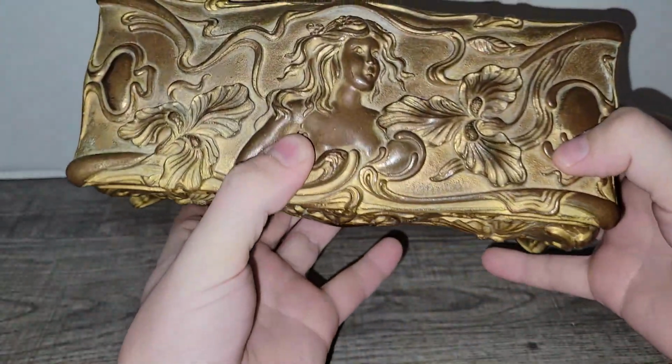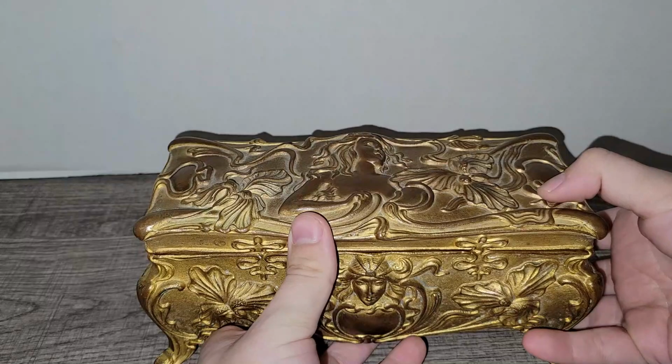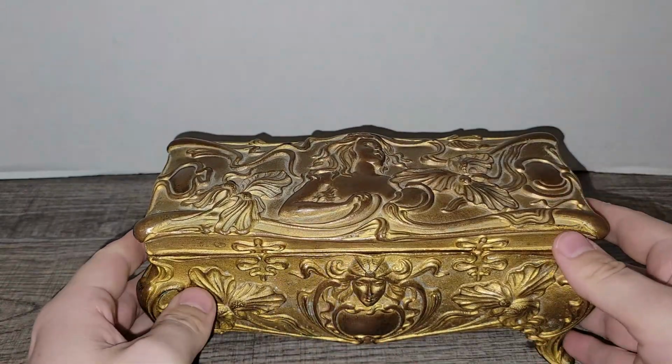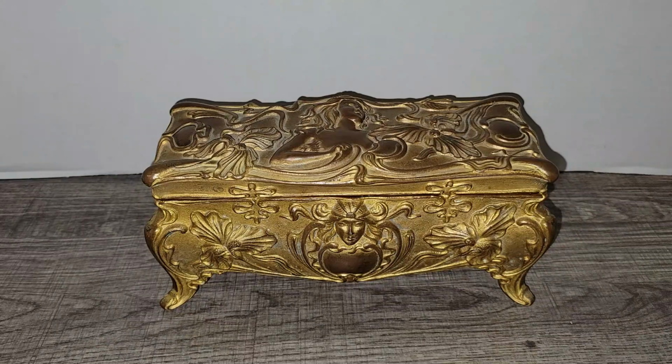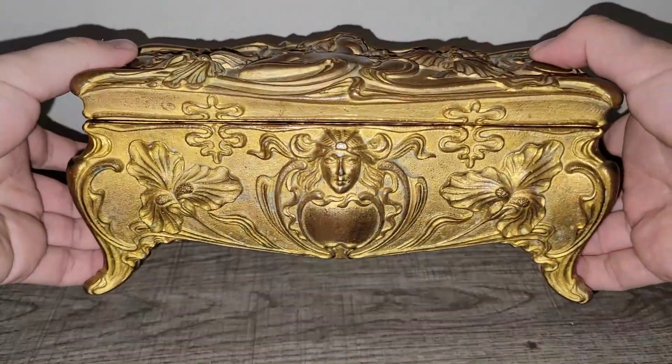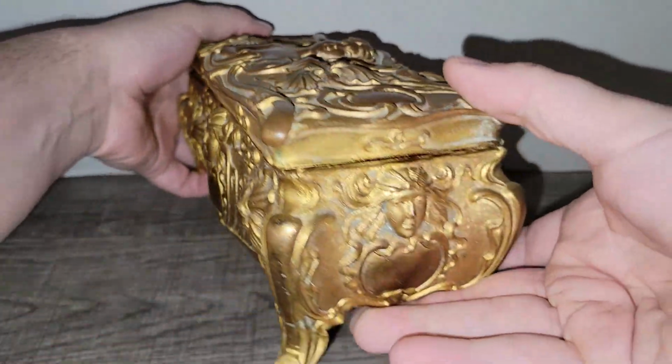I haven't shown this to my mom yet. Either she's going to be like, oh my God, that is awful, or you're not allowed to sell that. And when something is that cool to her, she always tells me to put it in the do not sell pile. But yeah, isn't this just absolutely amazing? I know it was probably for jewelry